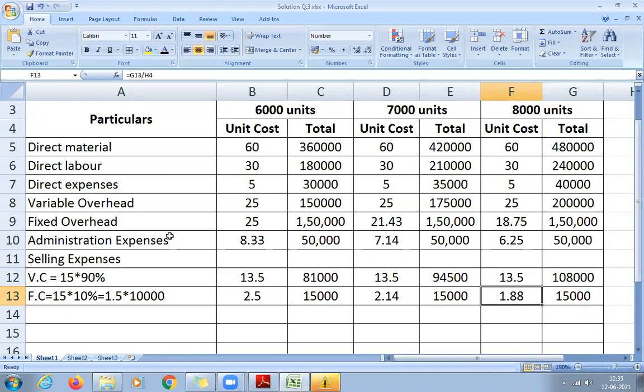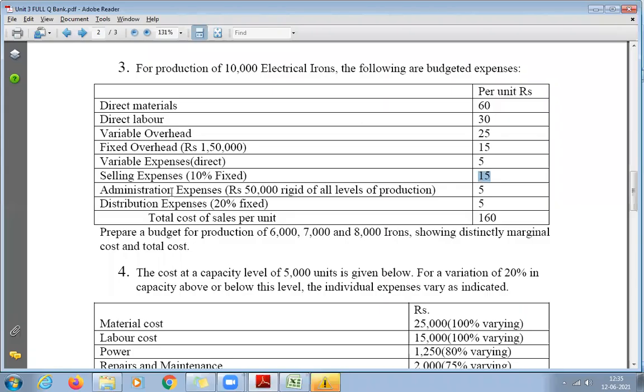Understood, students, how to convert if it is a semi-variable cost? It's very easy. Only calculate the total fixed cost, and that total fixed cost is constant for all the output. Write that down. Then it's easy to calculate per unit cost. Next, we have finished selling overhead and administration overhead. What is the next one? Distribution. Again, is it fixed or semi-variable cost? Semi-variable.